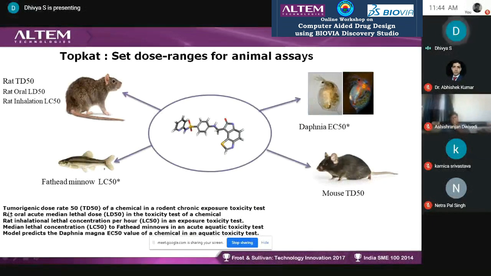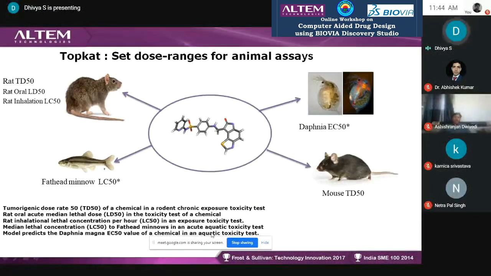What is the TD50 dosage rate in a chemical rodent exposure test, the rat oral acute median lethal dosage rate, the rat inhalation lethal concentration per hour, the median lethal concentration to the fathead minnow in an acute aqueous toxicity test, and a model prediction for a Daphnia magna EC50 of a chemical in an aquatic toxicity test. So these models are available in Discovery Studio.